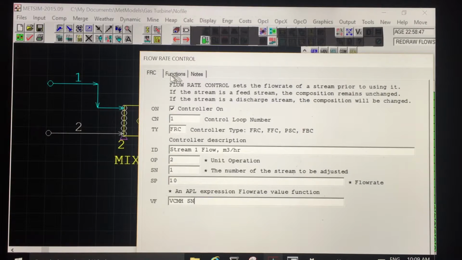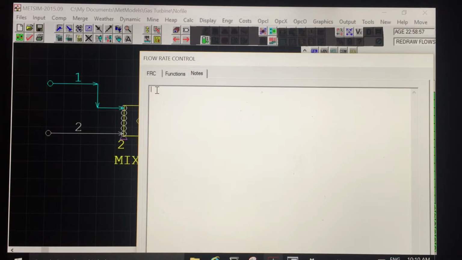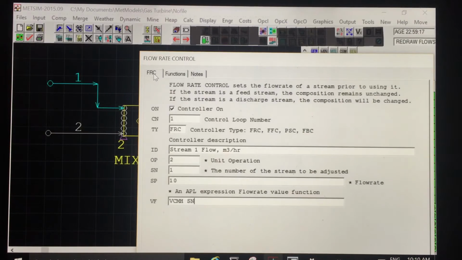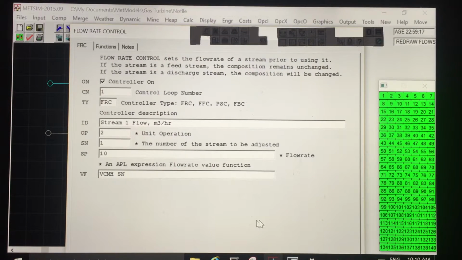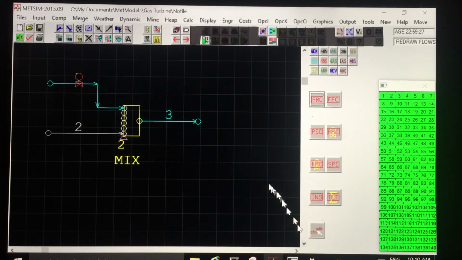Finally, you should always explain your control set points by adding a text note on the Notes tab. In this case, I'm going to say this is based on test work June 2016. So that's it. We've completed the specification for the flow rate controller. On my computer with a very low resolution, so that you can see this video more clearly, we can't see the OK button at the bottom of this dialog. But if I press enter, the